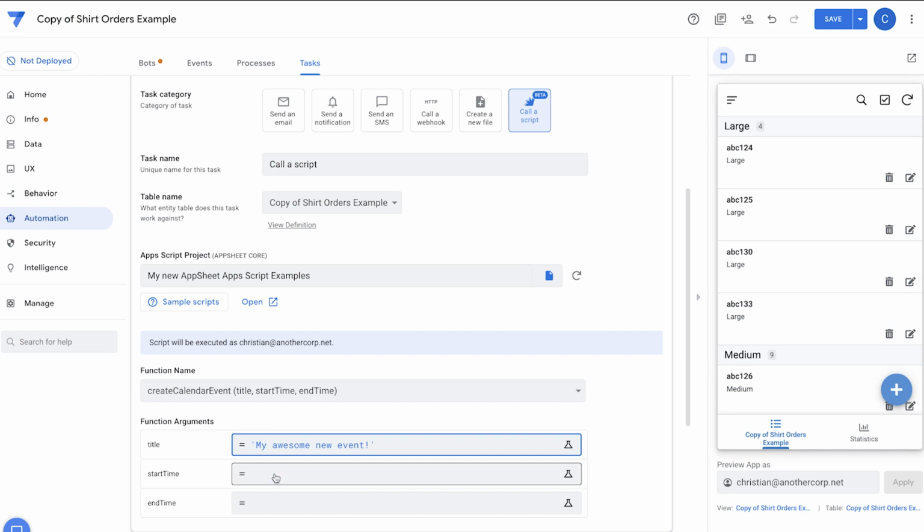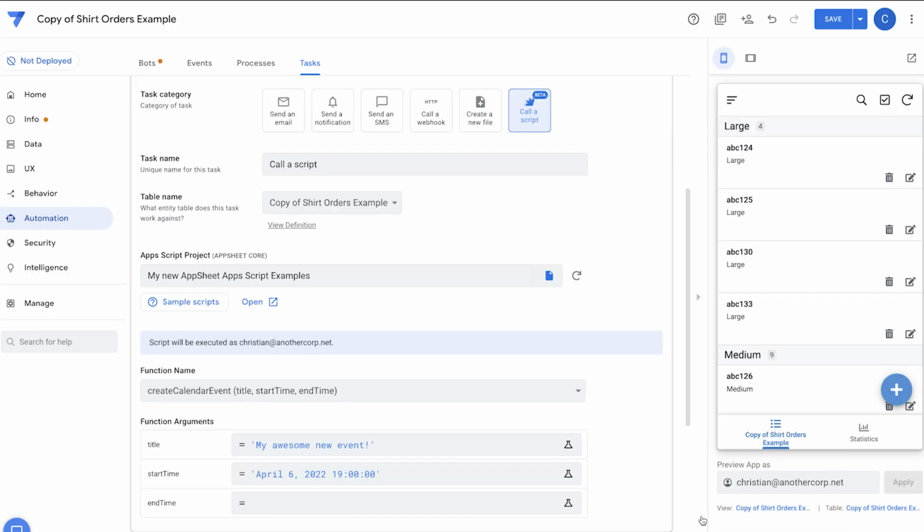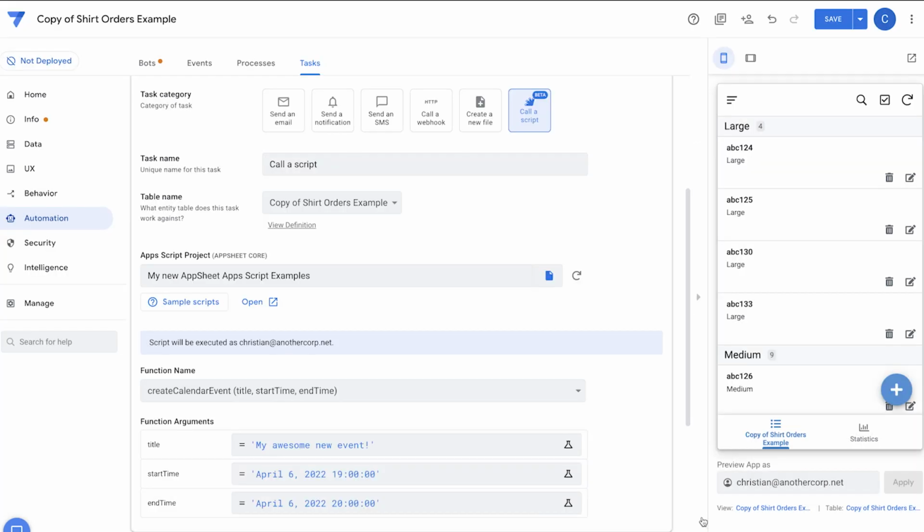I'll click on the start time. I'm basically specifying the start time and the end time for the event I'm going to create in my calendar. I'll select April 6th and put 19, so it's a 24-hour clock. That evaluates correctly. Let's set the end time to the 20th instead of the 19th. I'll click Save, and there we go.